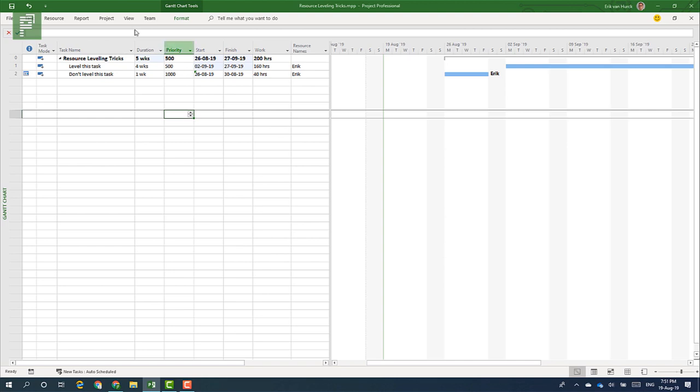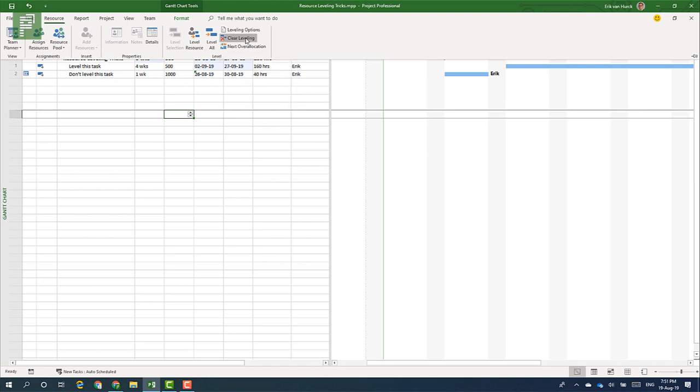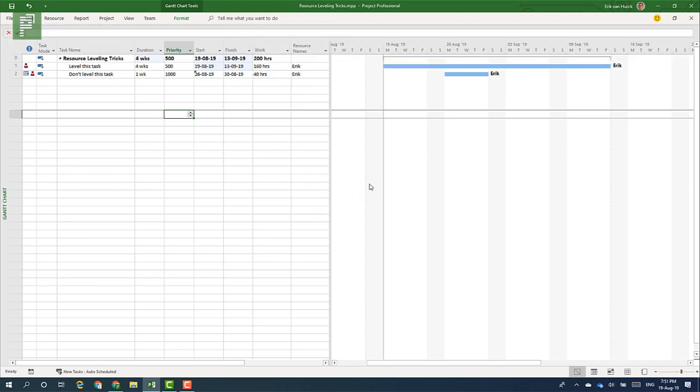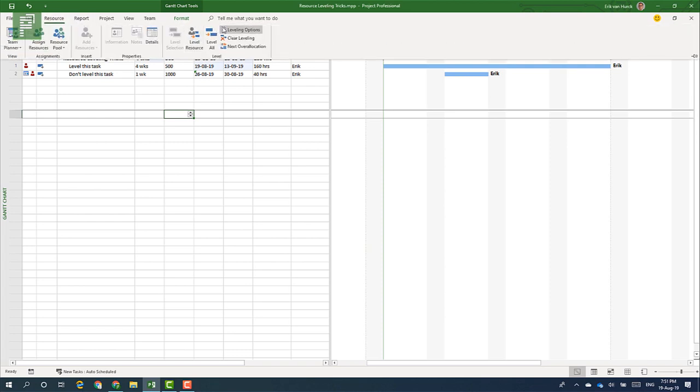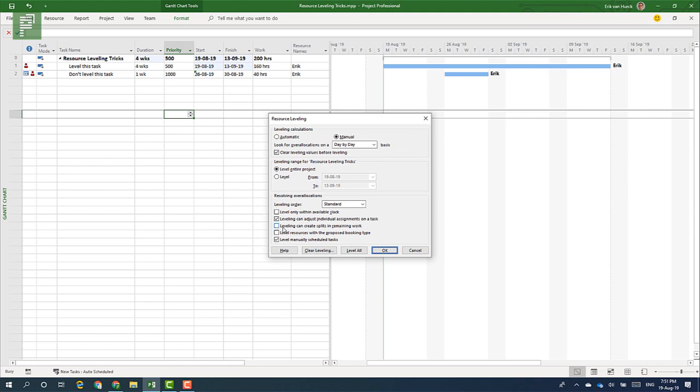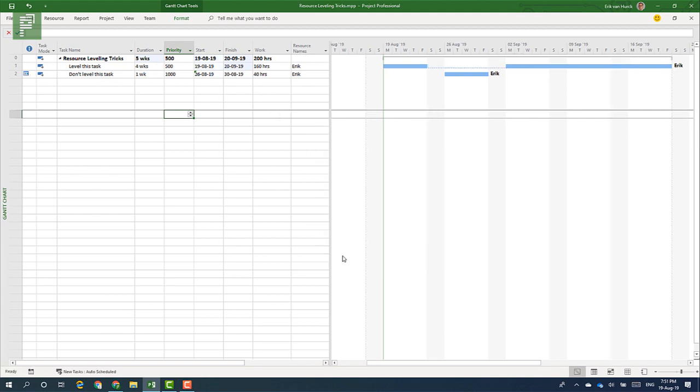So that's good. So let's click on resource and clear leveling, and we'll return to our basic situation, and let me share the opposite solution that we have in the leveling options, and that is leveling can split tasks in remaining work. So let's click on level all, and now you see that it split up the first task into